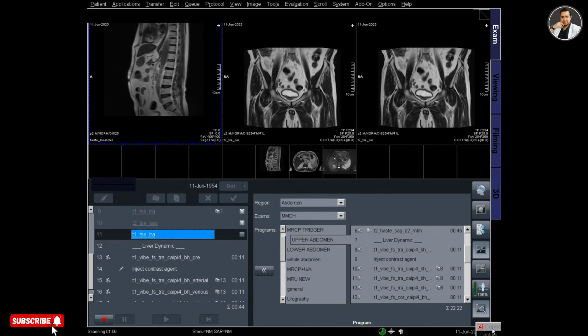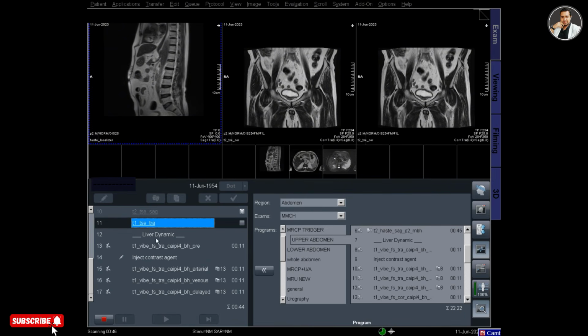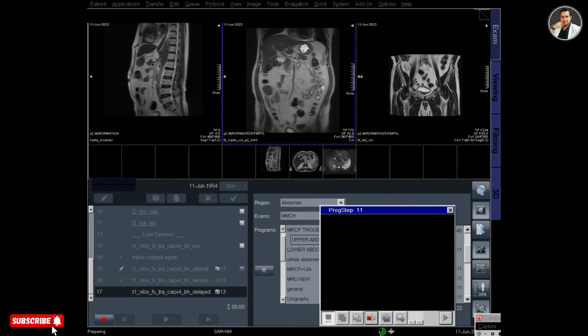So the last T1 transverse protocol for pelvis is running, so I have to wait for this, and then pre-contrast T1 Vibe fat set, and then the post-contrast T1 Vibe fat set arterial, T1 Vibe fat set venous, and T1 Vibe fat set delayed. So these are the dynamic post-contrast protocol for liver.